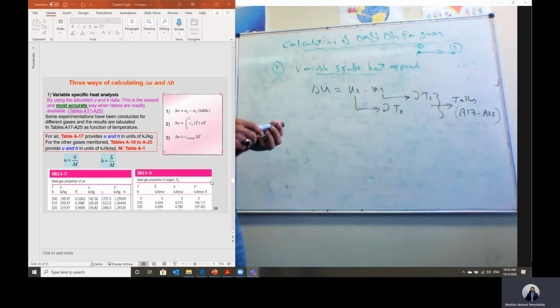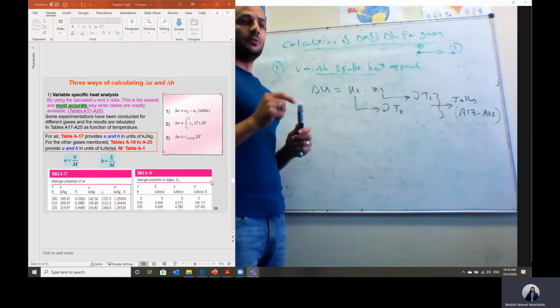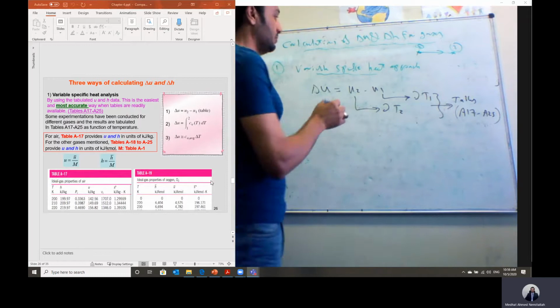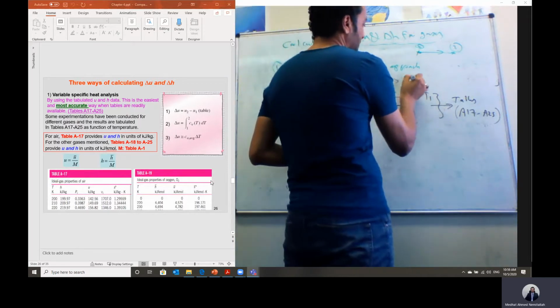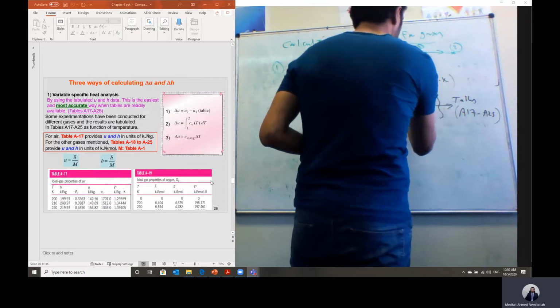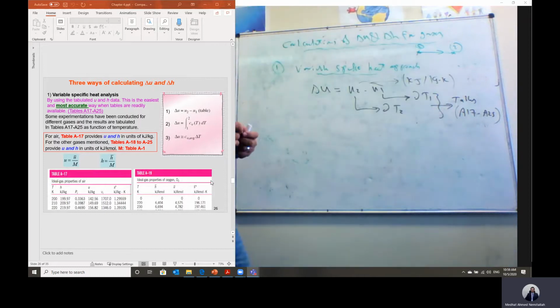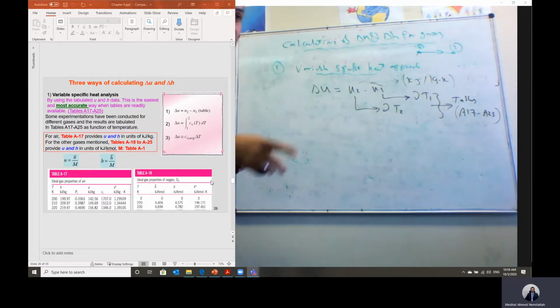If you look at this table, you will find this is very important. In table A17, the values of U2 and U1 are given in kilojoule per kilogram. Okay, but starting from table A18, or yes, this is table A19, so starting from table A18 to A25,